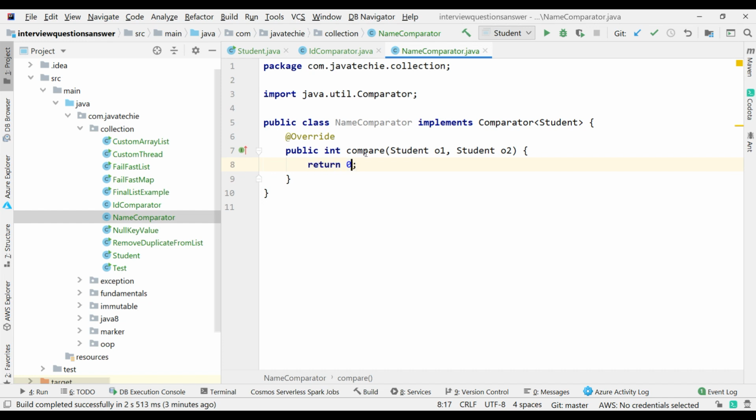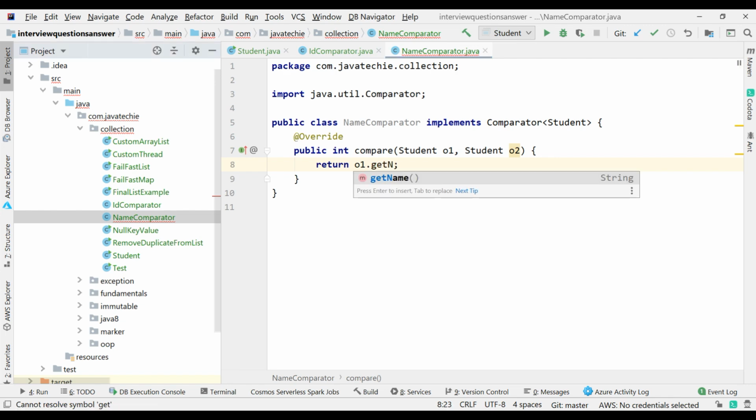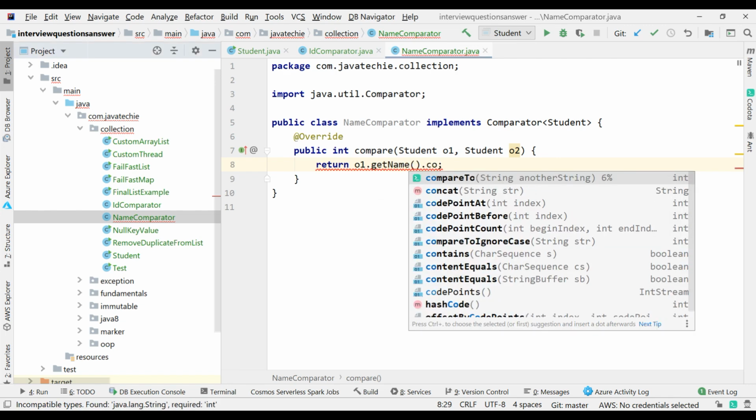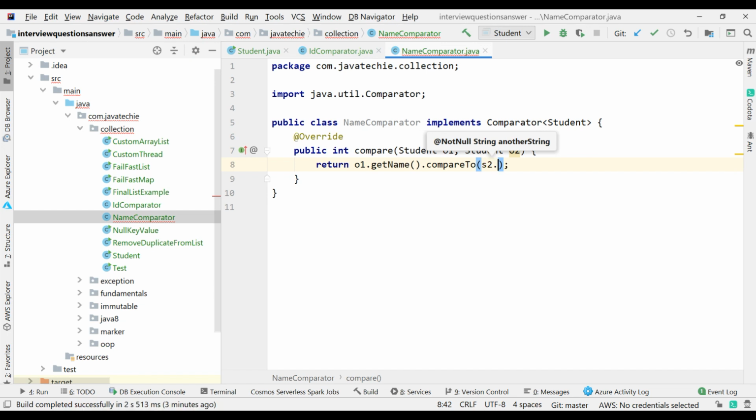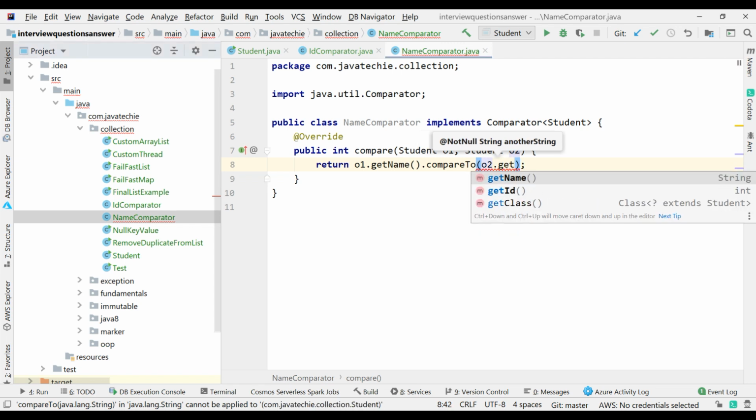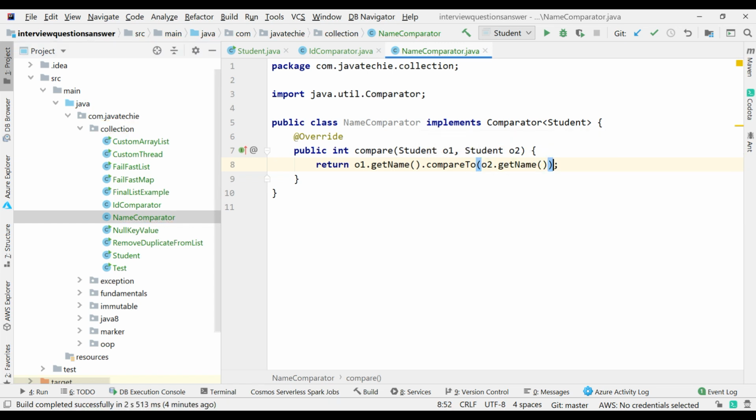Here I can simply write o1 dot get name dot compare to o2 dot get name. Sorry, I didn't change the reference name. Fine. Now I have two comparators, the ID comparator as well as the name comparator.